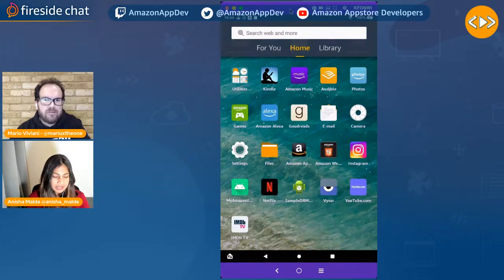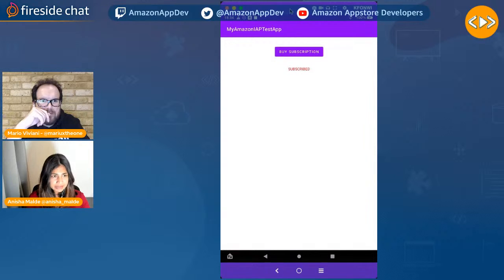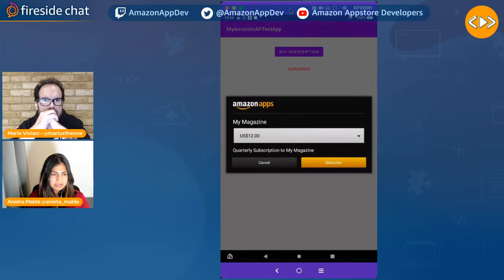So this is my home screen. What I've got here is an example app that I created just to test out the in-app purchasing API. So it's a very simple app. All I can do is click on this button which says buy subscription. Once I click on that, I'm presented with that in-app purchasing interface where it shows me the different subscriptions I